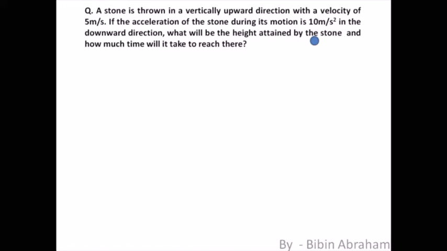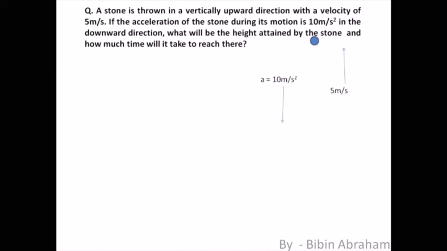Acceleration is not upwards. Now this is very important. The velocity is going up, the acceleration is going down. So this means if my velocity is positive, my acceleration should be negative. Is this understood? See, your velocity is 5 meter per second upward, your acceleration is 10 meter per second square, but it's in downward direction. That means if I take my velocity to be positive, my acceleration should be negative because it is in the opposite direction, right? Yes or no? Your velocity is a vector quantity, acceleration is also a vector quantity. So keep that in mind.